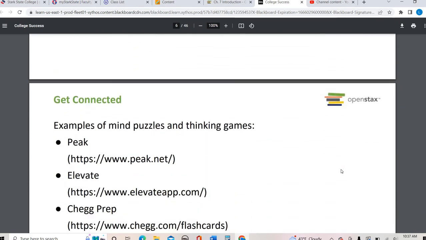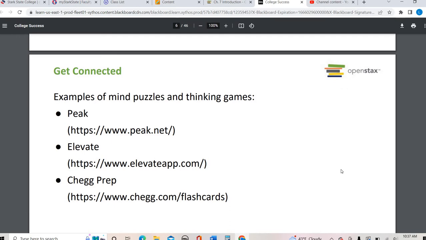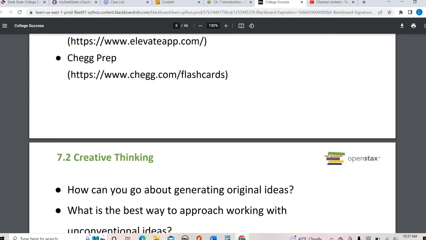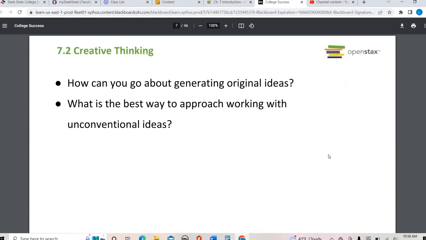All right, so first of all, our chapter likes to say we want to keep our minds engaged. And so these are just some examples of literally hundreds upon hundreds of thousands of different ways that we can be thinking and spur our creative thinking and our critical thinking. And you might have your own ways that you can do this. And maybe you do use a lot of puzzles, or you do like Sudoku or things like that to really keep your mind engaged.